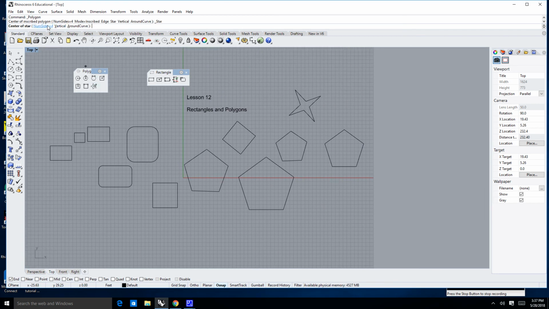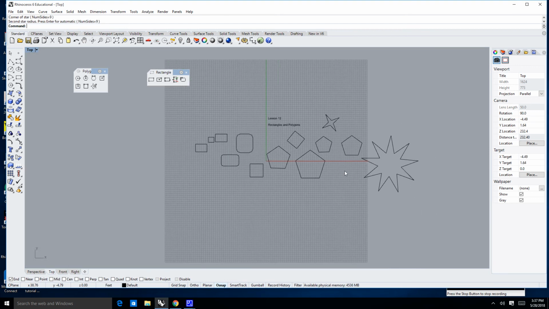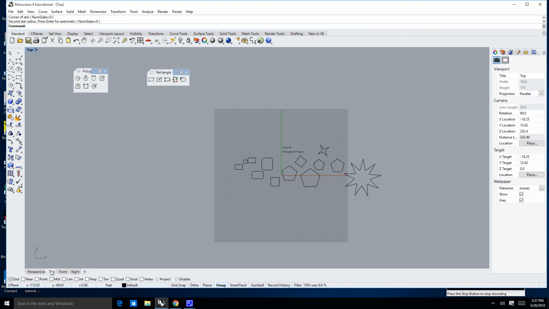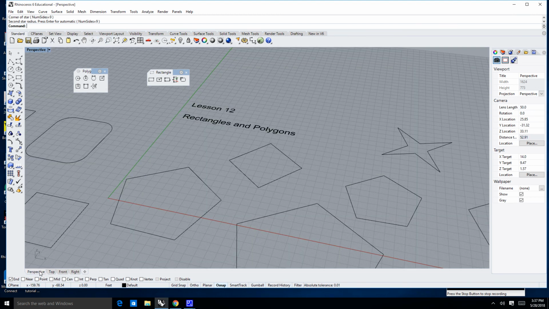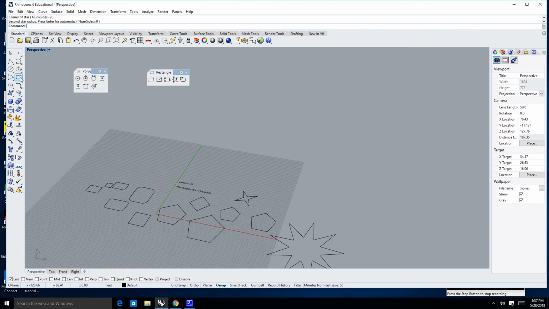Notice I can change it, number of sides instead of 4. I can put 9 and go out with 9 sides, and then slowly begin to fold in. Okay. Now one of the other options that we haven't looked at is around a curve. Okay. So let's say I make a curve, polyline here,